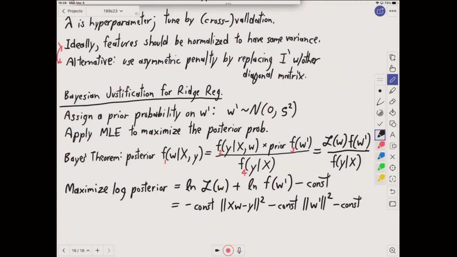So I really want to maximize that. And so maximizing that, well, of course, this constant doesn't matter for maximizing that expression. It's not going to affect which W maximizes it. The other two constants do matter, but what really matters is their ratio, because I can just take that objective function and divide through by the first constant. And when I do that,